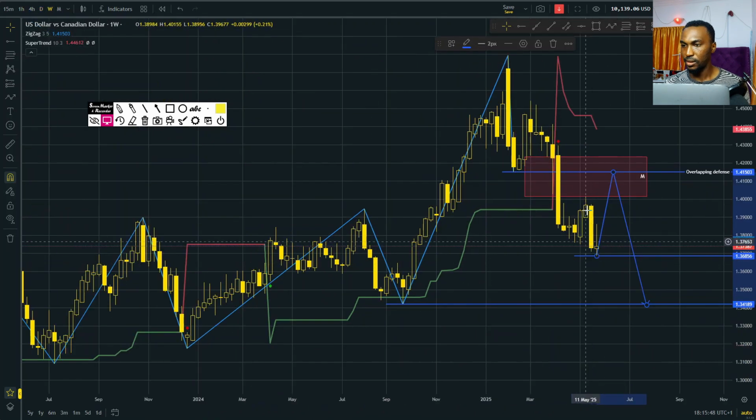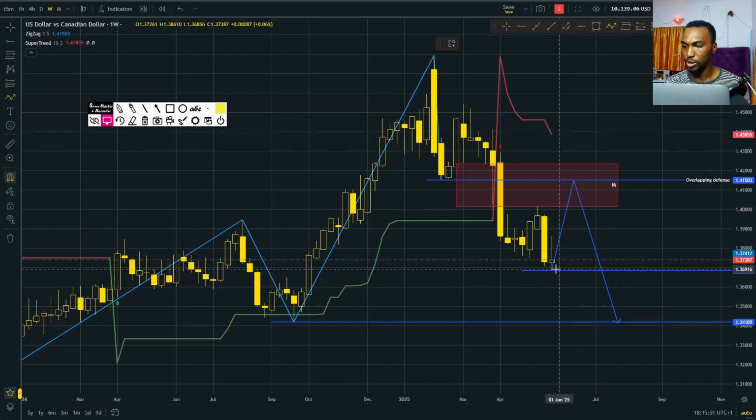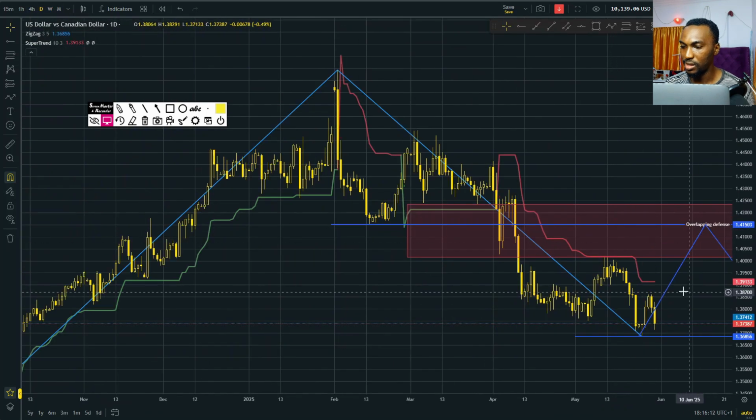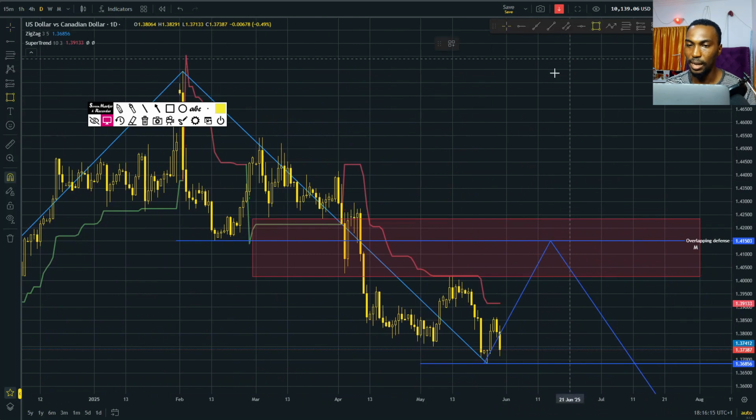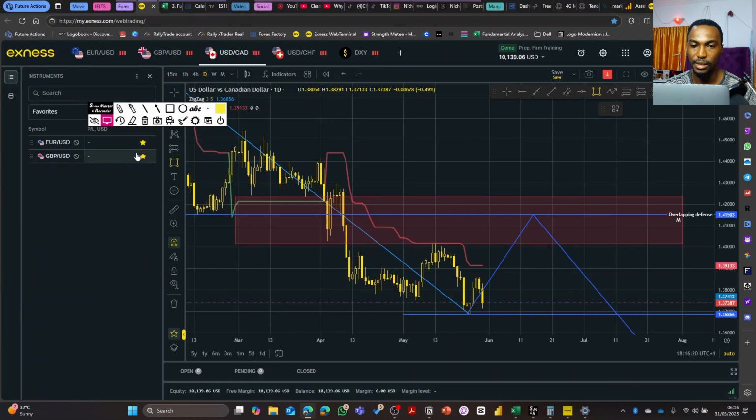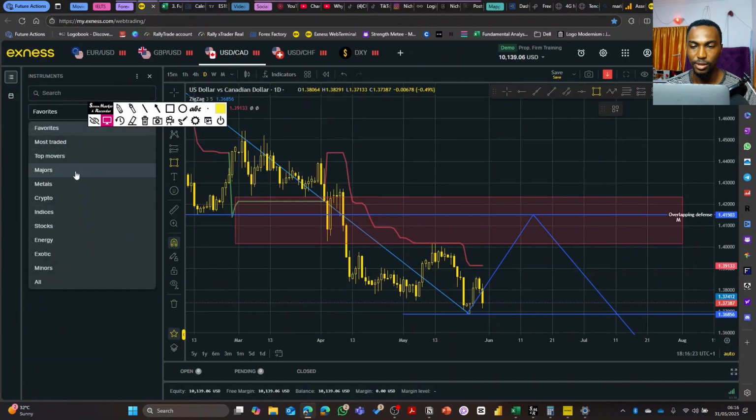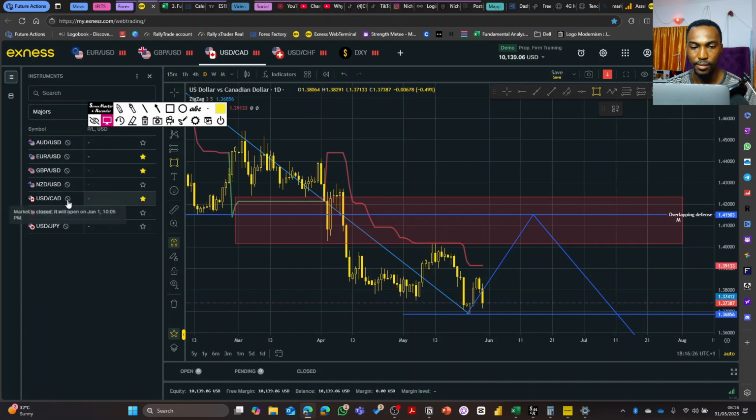So what I see personally is the price might actually first and foremost push lower, and possibly start to push back into this zone before it comes down for this. So this is what I see in a more detailed manner, but overall this is what I'm expecting the market to do. So I'm just going to be waiting for this market on the daily to come back within this zone and give me a sharp turn in the direction I am hoping for. So here is a market that I really see as trustworthy for me.